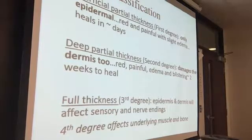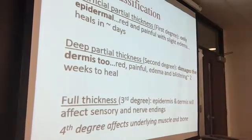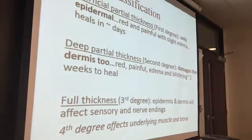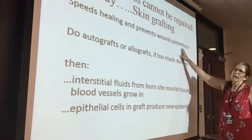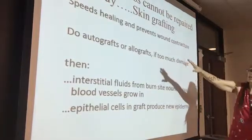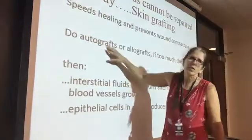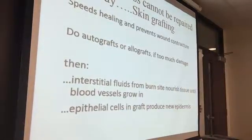Right? So it's a problem again because, like you said, with that exposure, you're prone to infection. You're prone to dehydration, electrolyte imbalances, and those can all kill you. So I just say you've got to repair this most often with skin grafting. It's going to keep us from wound contracture that we talked about last time. You can do a self graft, so if you can take it from the same person's body and use that tissue,